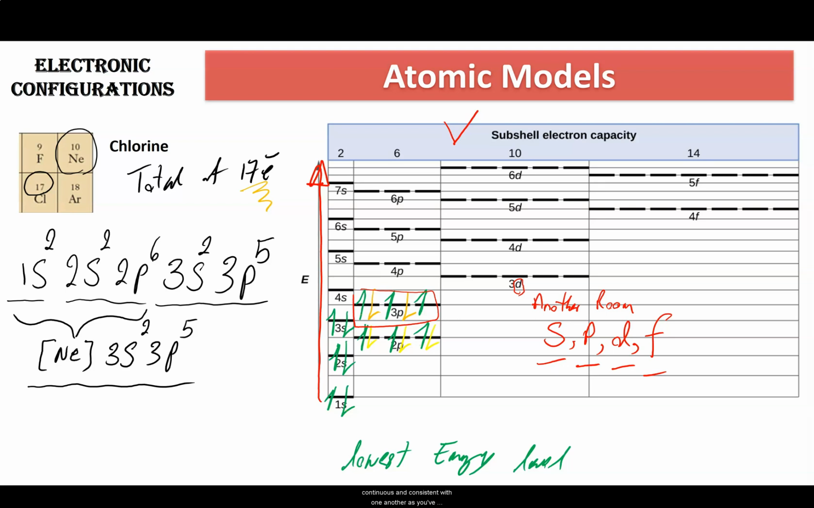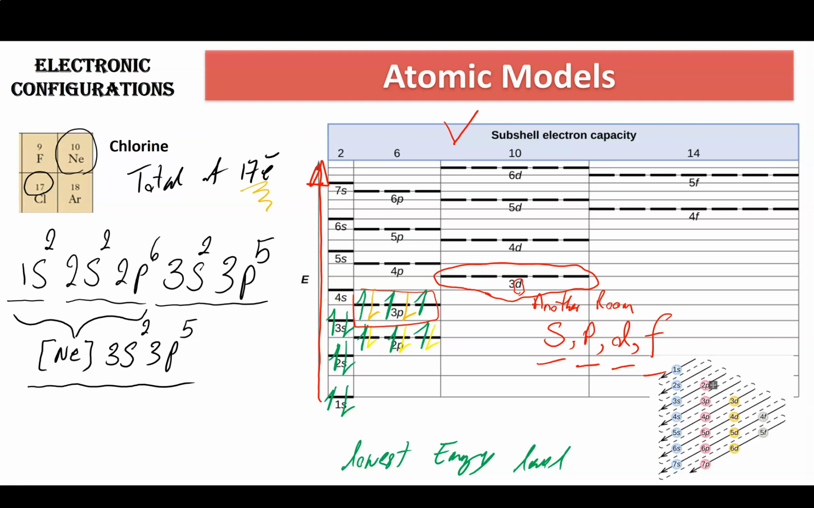As you've seen, before you go to 3d, you have to go to 4s. It is very strange that these rooms happen to be slightly higher in energy than 4s. Now, this is what we know as